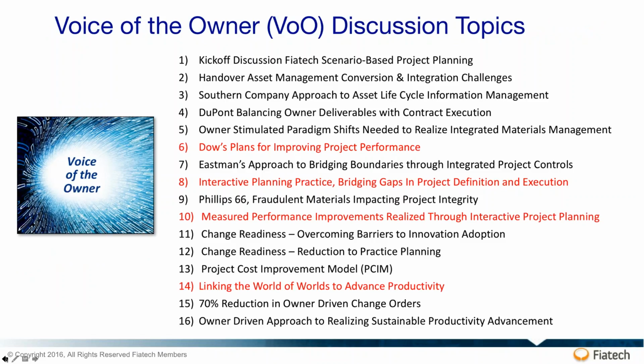So with that in mind, this kind of came about about a year and a half ago. We started running these voice of the owner sessions, discussions that take place between owners. And so you can see 16 of them here where various topics were discussed. For example, DuPont talked on number 4 about when they ask for all these deliverables, they were convinced that the mere activity of asking for these additional deliverables, with the idea that they can have better visibility and control, actually degraded contract execution.